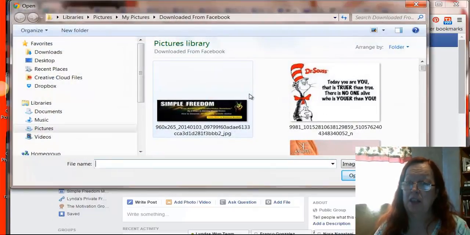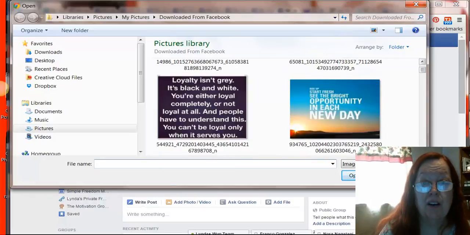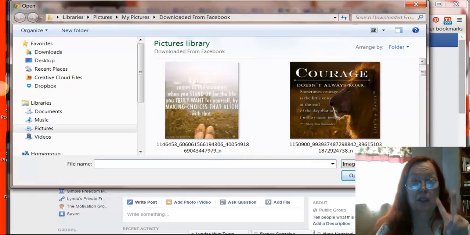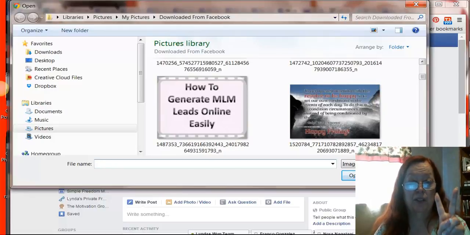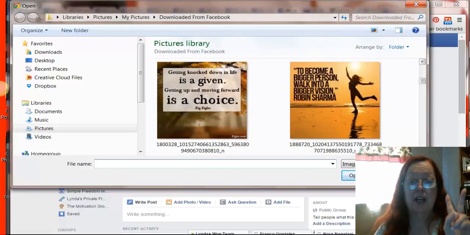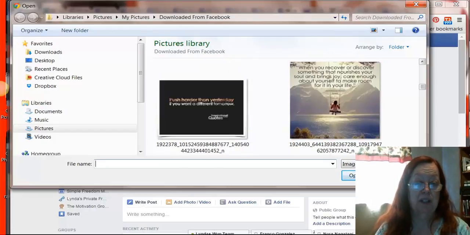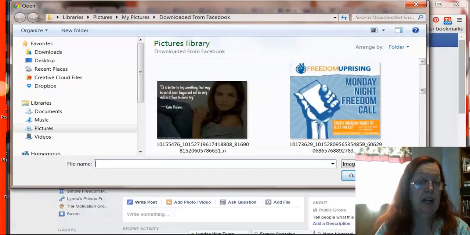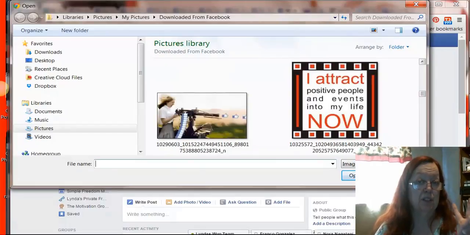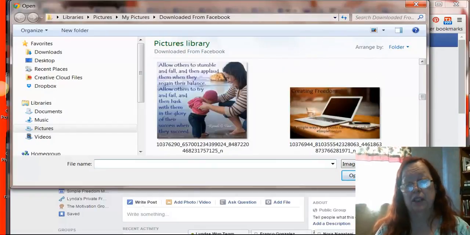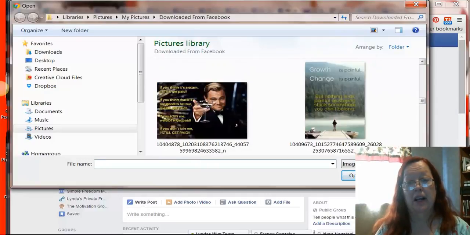So the next thing that you want to do is upload a photo. Now, there's lots of choices. A lot of people use quotes or something like that, but I've created a photo that actually is an offer. And you can create your own. That's fine. And the reason why is we're going to follow exactly what it says to do in that